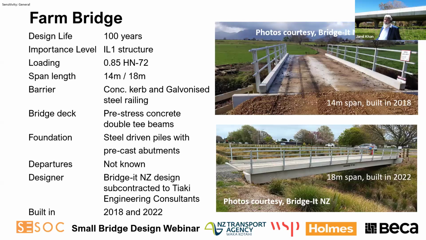Apart from the spans, the criteria were similar for both bridges. Importance level 1, and the loading adopted is 0.85 of HN loading. The spans, as I mentioned, are 14 or 18 meters. The barriers are a concrete curb with a galvanized steel railing. The bridge deck for both bridges is prestressed concrete double T beams, and the foundation is steel driven piles